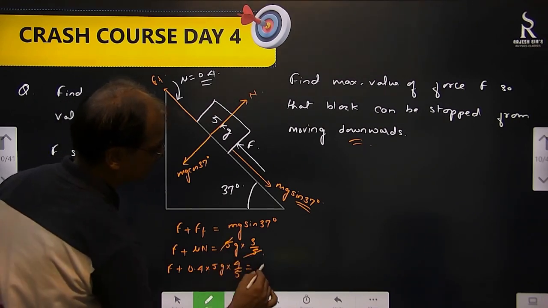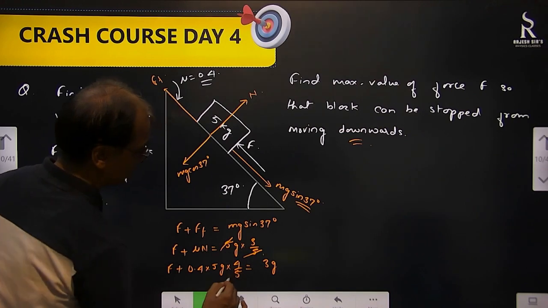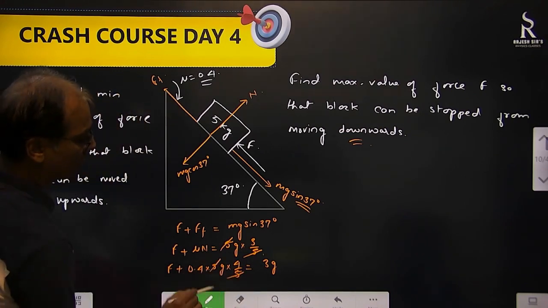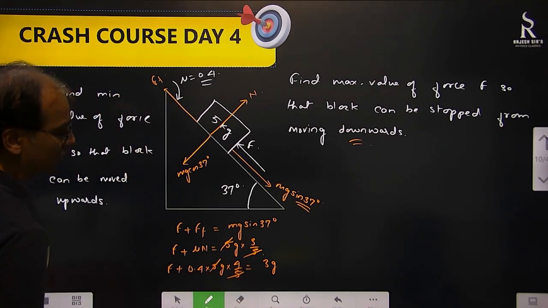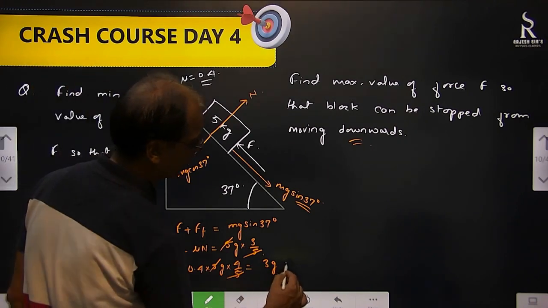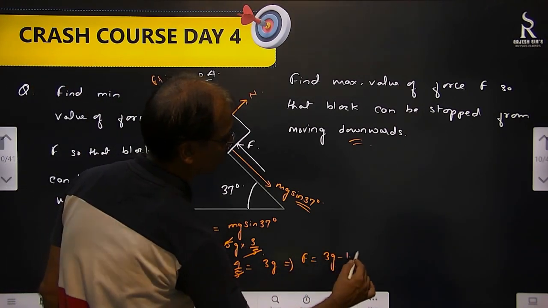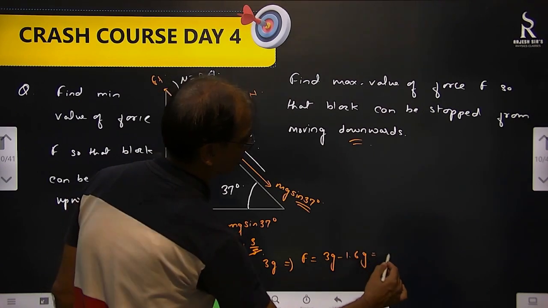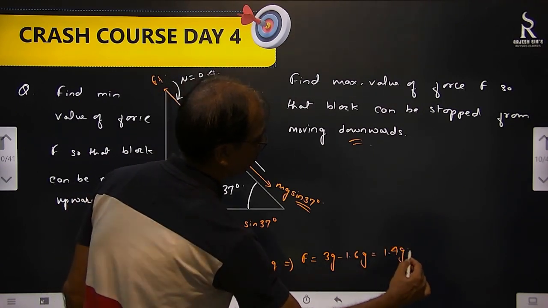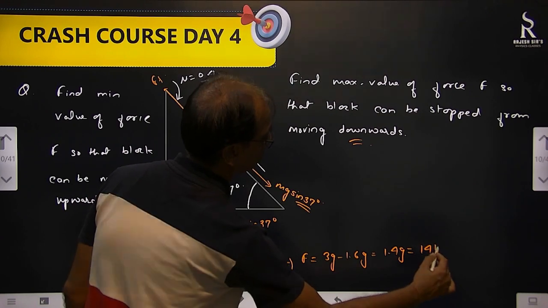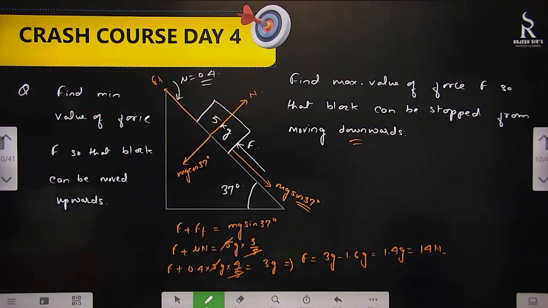This is cancelled, this becomes 3g. This is cancelled. So 4g into 0.4, that means 1.6g. 1.6g will go that side. So F equal to 3g minus 1.6g. That means our answer is 1.4g or 14 Newton. Okay, so this is the question,